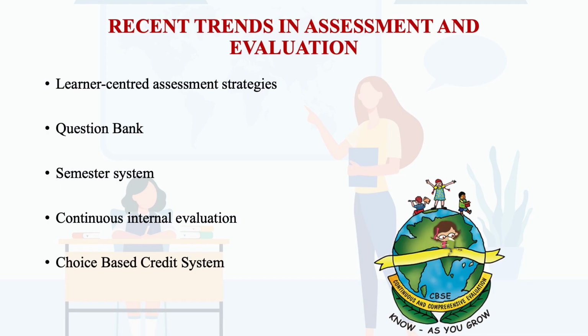And the choice based credit system, that is called the CBCS system. Friends, the University Grants Commission has come out with an inter and multidisciplinary type of curriculum, that is the choice based credit system curriculum, and this curriculum is now being practiced across India, across the universities. So this is also a recent trend, how to develop our curriculum and our courses as per the philosophy, the concept, the pedagogy of the choice based credit system. Further we will discuss in detail.